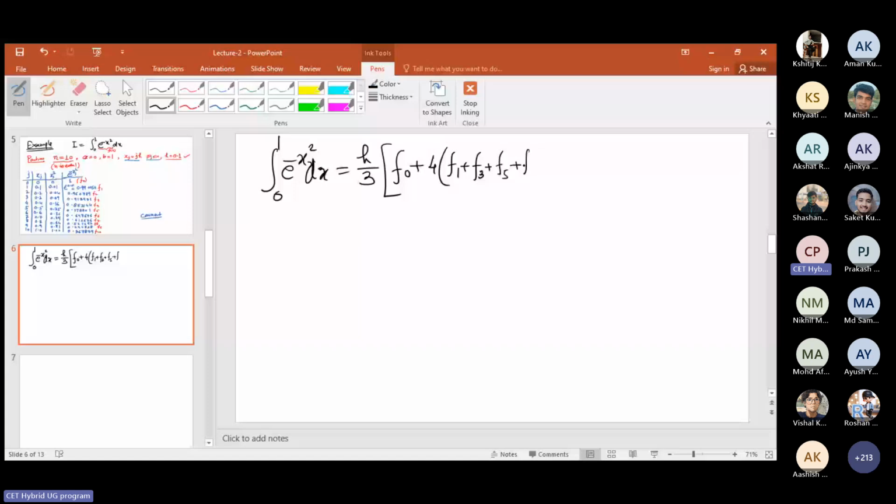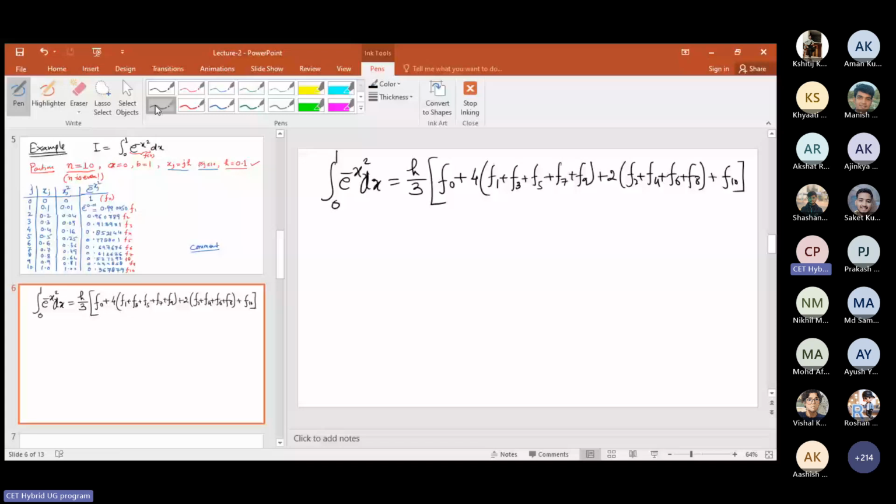f5 f7 f9 तक जाकर के ये बंद हो जाएगा, 2 टाइम्स (f2, सारे इवन आएंगे यहाँ पे, f4 f6 f8 पे रुकना है यहाँ पे), और लास्ट वैल्यू f10 आपकी अकेले रहेगी। इस वाली स्लाइड से आपको सारी वैल्यूज देखो तो दिख रही हैं, राइट? All the values you can see from here, correct? So just substitute them. So substitute करो, आप चेक करोगे 0.1 h का वैल्यू है, इसका वैल्यू 3 है, ओके।